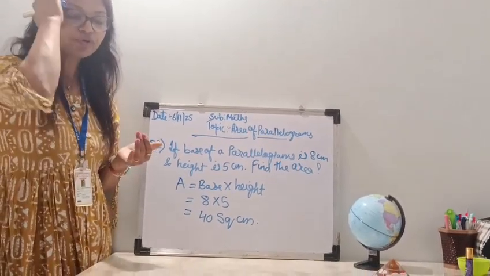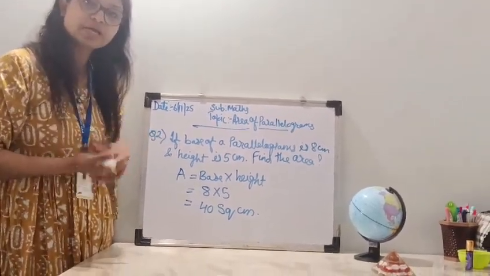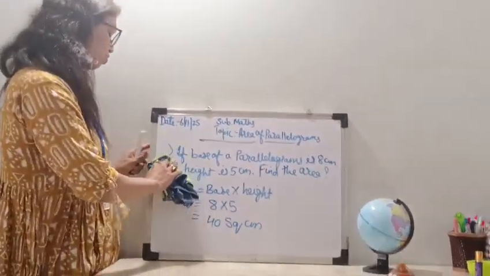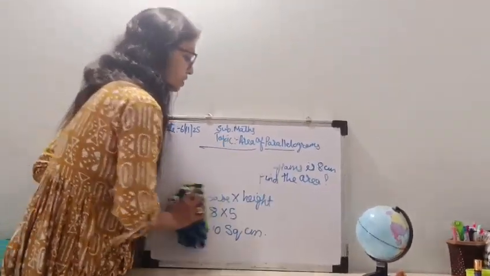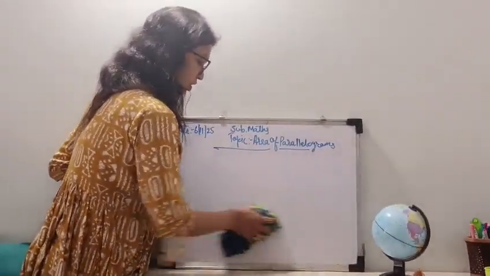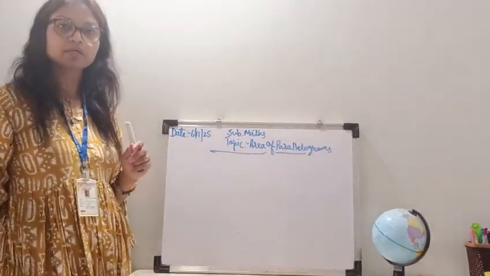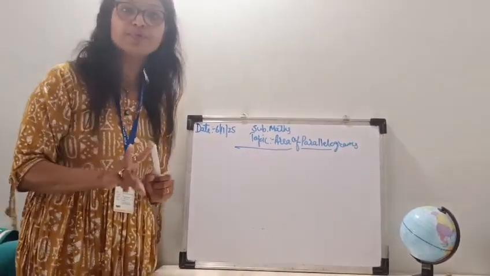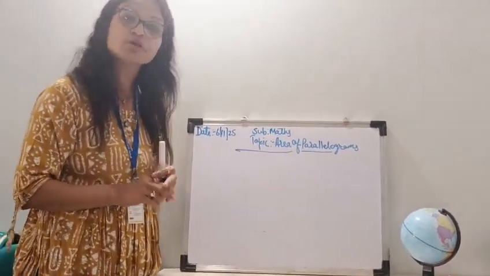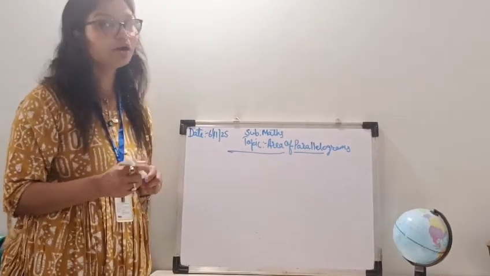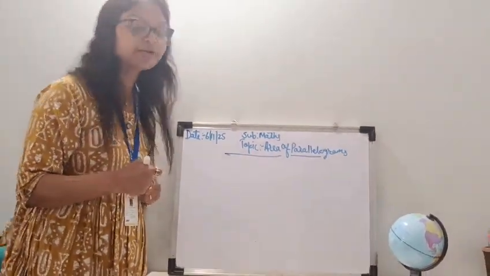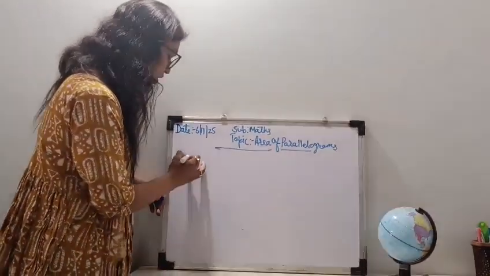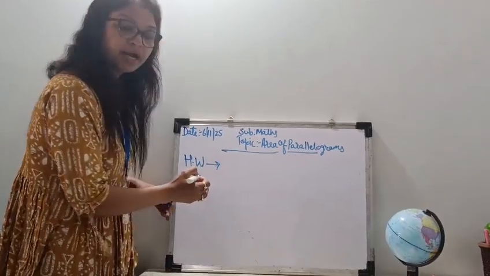Second question is homework for you. Everyone write down this. Hope this is clear. For you I am giving you homework. Everyone will solve this. Okay, so up till now we have solved two problems, two examples of parallelogram. Now you have one homework. Everyone write down this and do at home. Okay, what is your homework? Write down the question.